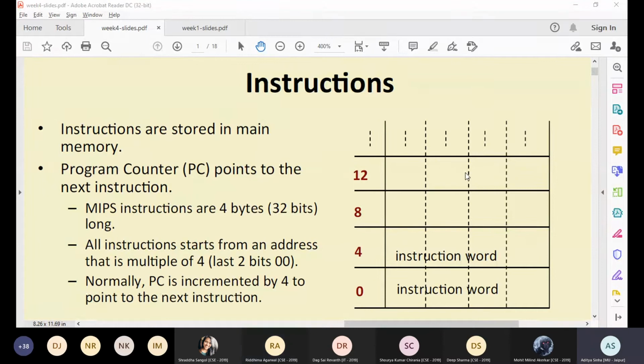Yes, is this part clear with everyone? What she just described. MAR says data will be written or read at that memory location, and MDR, if we are writing something, will take the data from MDR and will write at that location, at the address which is stored in the MAR. And for that, the control signal write has to be generated. If you have to read, then the control signal read has to be generated. Is it clear with everyone? Yes, sir.